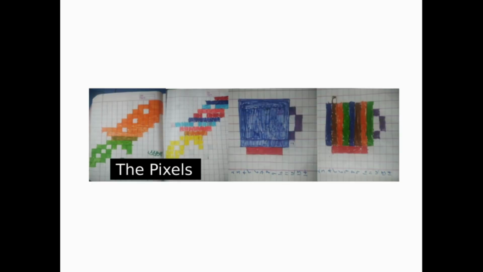So this is an actual replication by my daughter. So I created this orange kind of rocket shape and she replicated it with this red and blue and yellow kind of shape. But what she was doing, she was actually creating a rocket. Then I created a mug, a coffee mug maybe, or a tea cup, whatever you say. I created this blue tea cup and she replicated it with colored things. But what she was actually doing, she was coloring squares. And I'm sure by this she was understanding that she can create different shapes by coloring the squares.